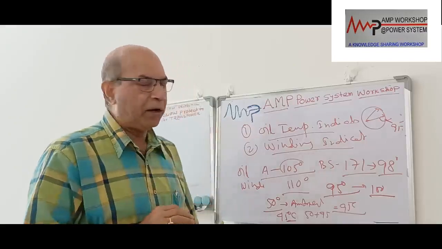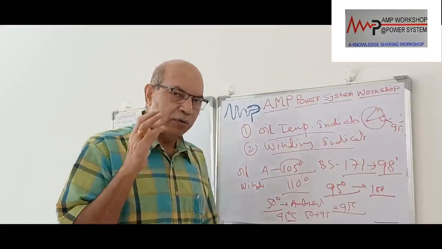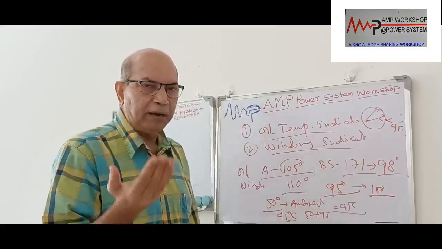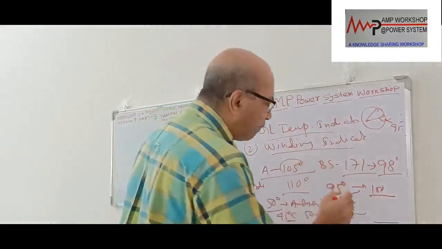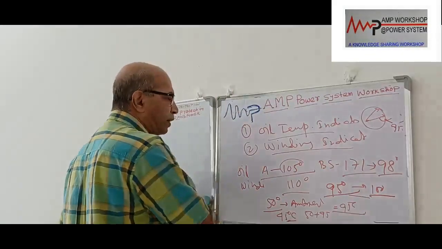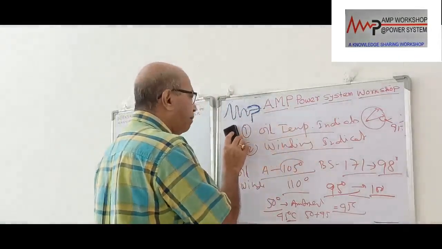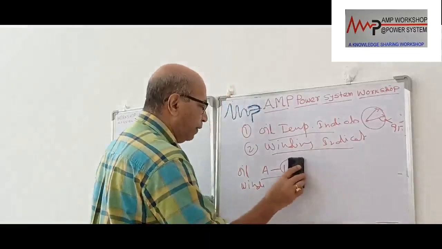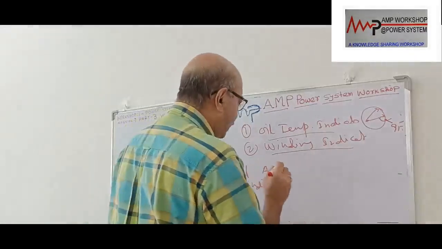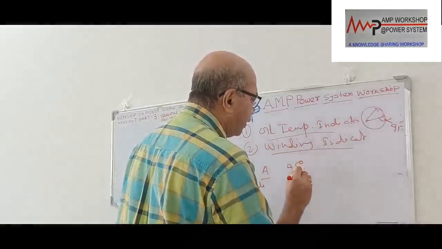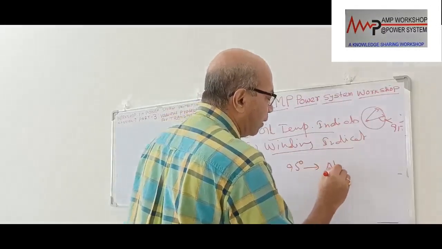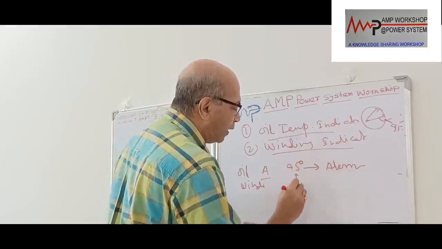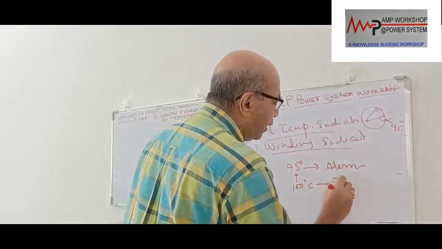Now this is the first level of attempt. The second attempt is, if the operator fails to take action, we give a second level of protection when the temperature goes another 5 degrees above. So 95 degrees is the normal alarm point. When the temperature goes more than 95, at 100 degrees centigrade, another 5 degrees more. So at 95 degrees centigrade the oil temperature indicator immediately gives an alarm and the operator will take care. If action is not taken and it goes further to 100 degrees centigrade, then immediately it will issue a trip command.